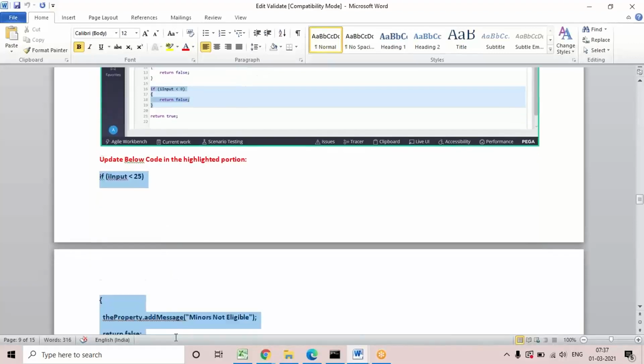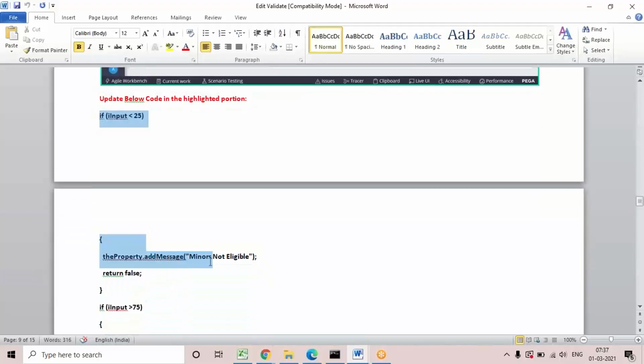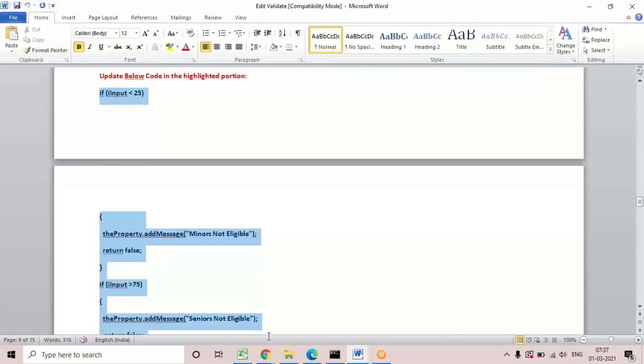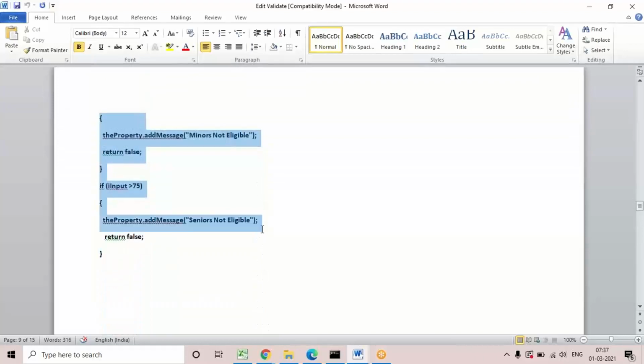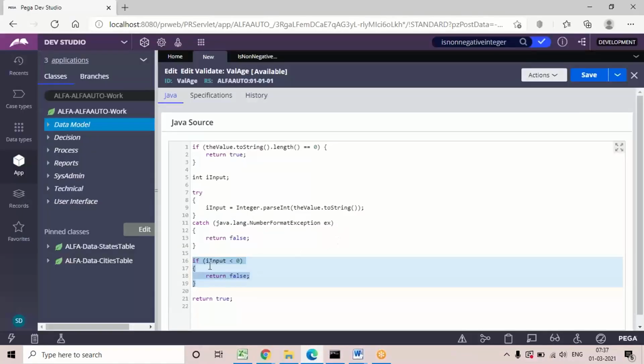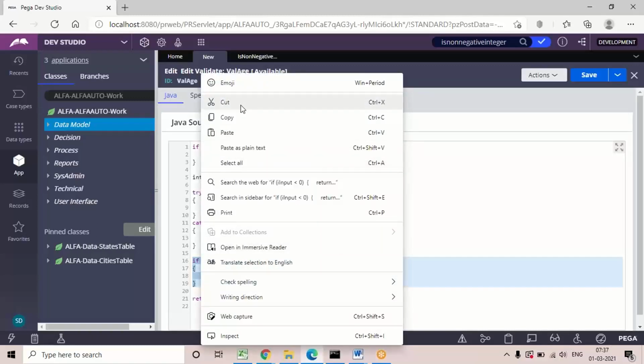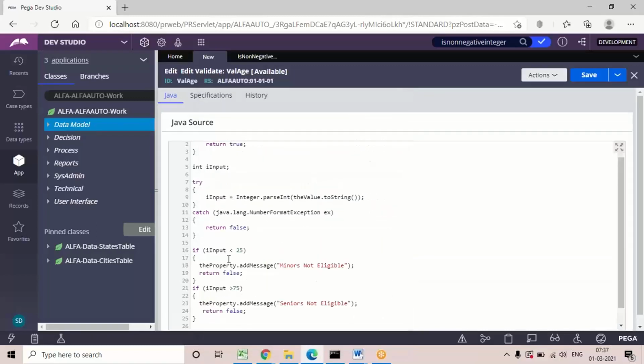Property dot add message in the bracket, add the message, return false. Again, the second condition, if I input greater than 75, property dot add message in the bracket, add the error message and return false. This code, whatever we have, replace it, that is, paste it over the previous if code. So this is the code I updated instead of the previous if condition.